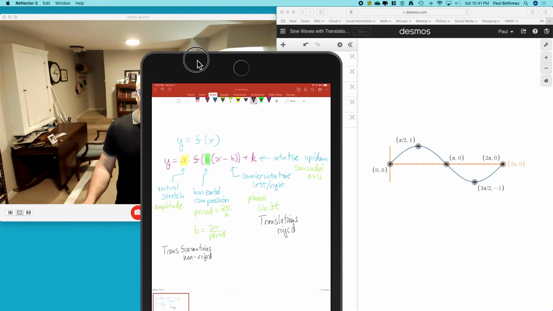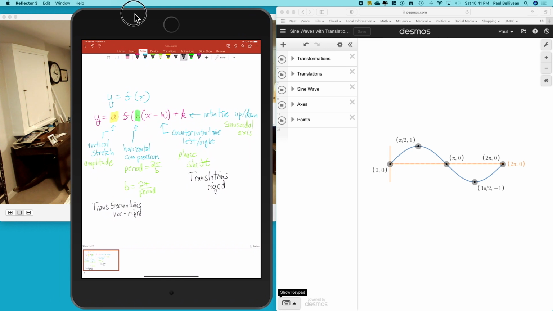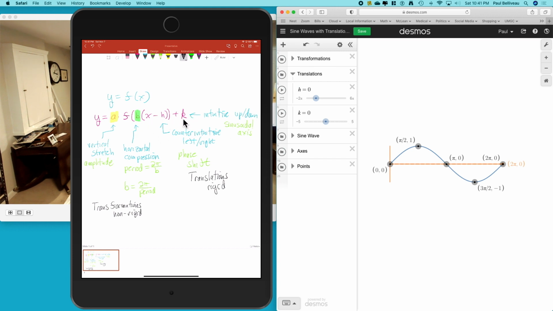So I'm going to go and hide myself here for a little bit, so you can see this, and you can see my graph of a sine wave here, where I've got these folders labeled transformations and translations. So let's start with the translations, my H and K value. Now I've already set this up to take care of the counterintuitive part for you. So when we do some examples tomorrow, you'll see you'll have to switch. You know, if there's a minus H value in here, you'll have to make it a plus value yourself. But I've done that for you a little bit so that you can see H moves the sine wave left